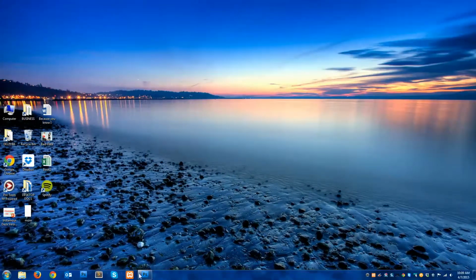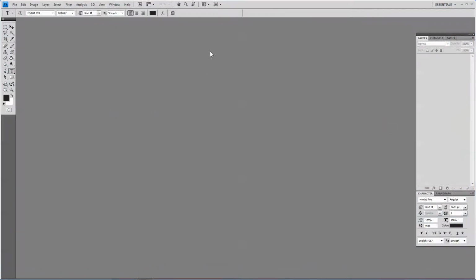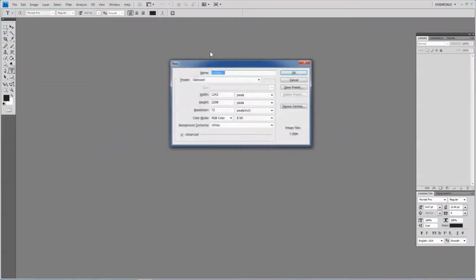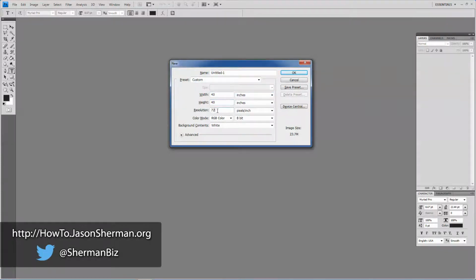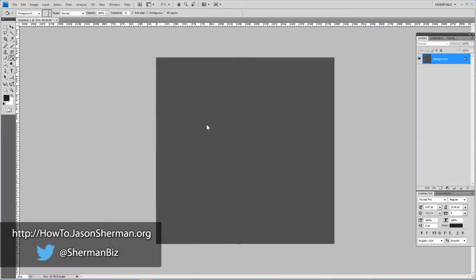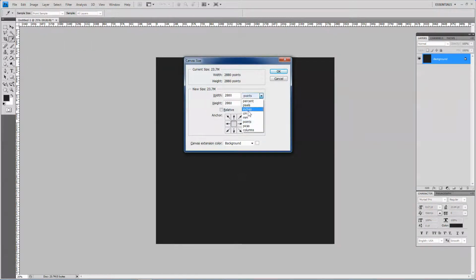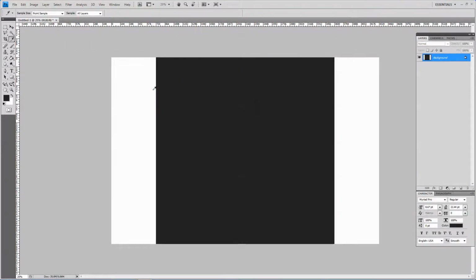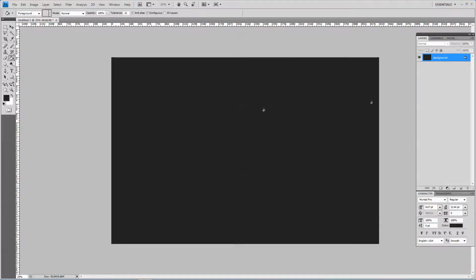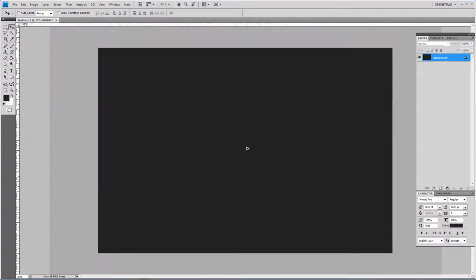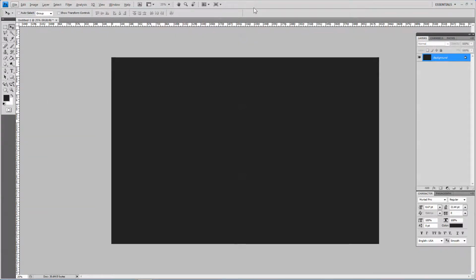Okay, so let's open up Photoshop and let's make a new canvas. Let's do width 40 and height 40. Keep it at 72 resolution so the file size is small, and fill it in with a dark color. And actually, let's make it a little wider. So let's do like 60 width, and just fill that in. All right, so this is going to be your canvas that you can zoom in and out of to add your